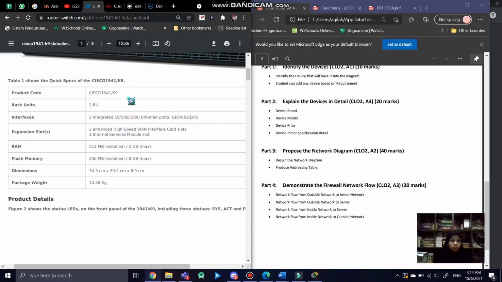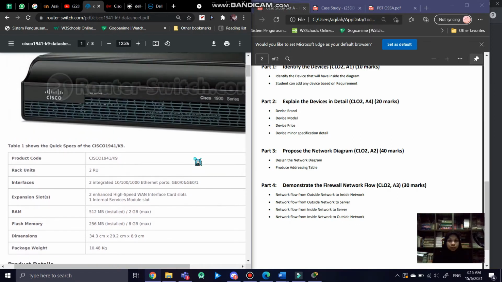The product code, rack unit, interface, expansion slot, RAM 2 GB max, flash memories is 8 GB max, dimension, the packet weight, for the price, it's around 2,500,